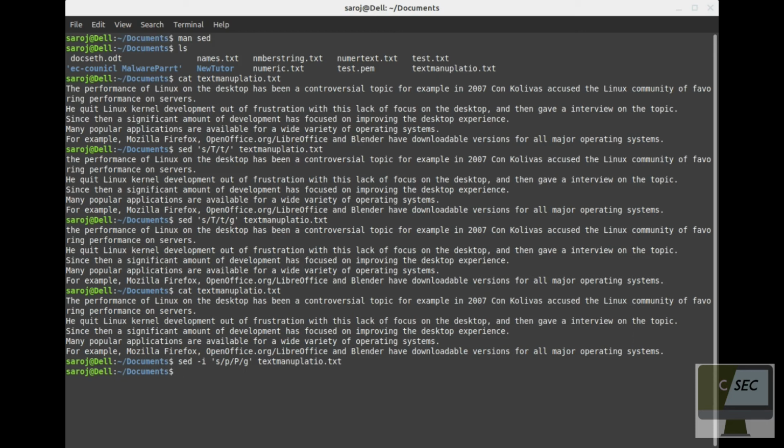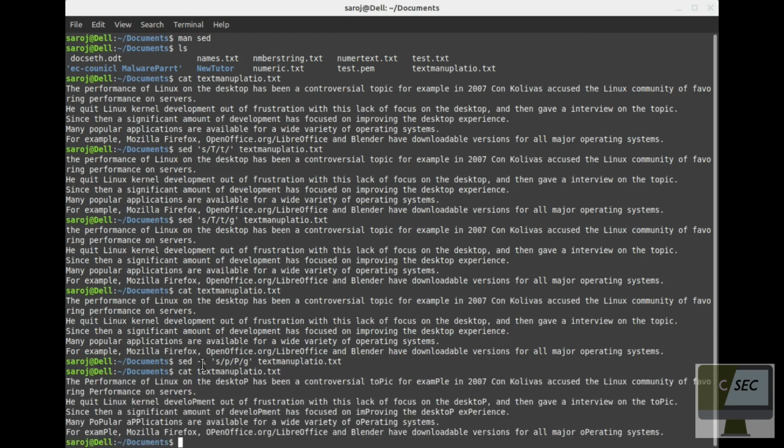If I go to its original file by doing cat text, you can see those small letter p's are substituted by the capital letter P in all the text present in this text file.